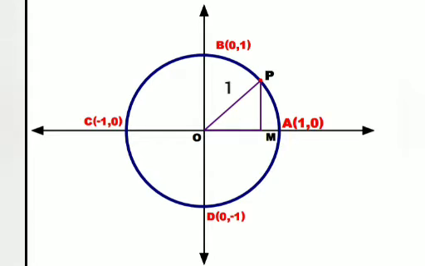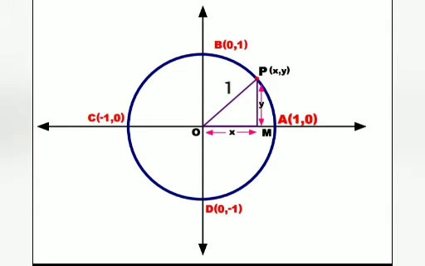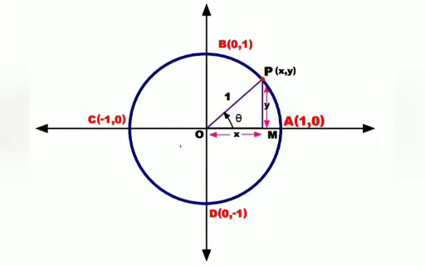Now draw a perpendicular PM on the x-axis. Now we get a triangle OPM, right angled at M. Now let OP make angle theta with the positive direction of the x-axis. Then we can write